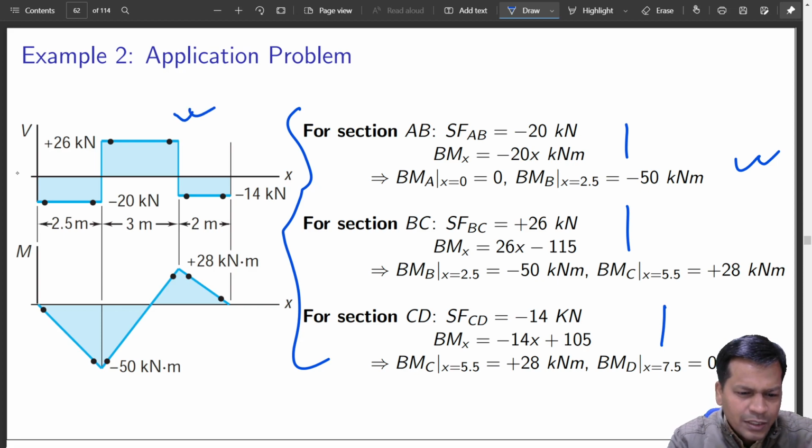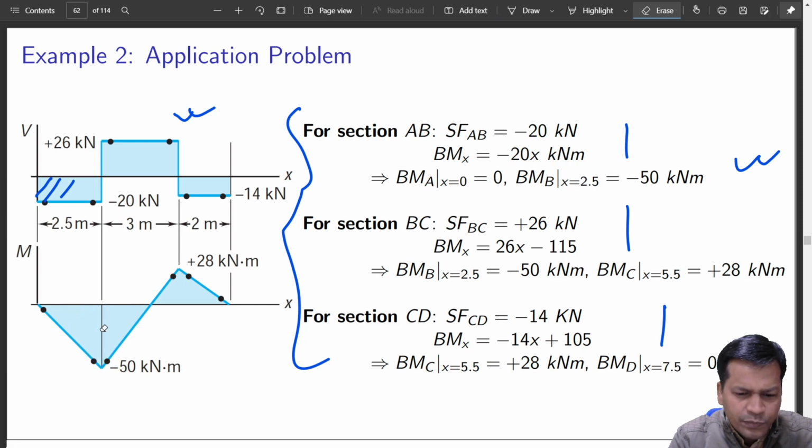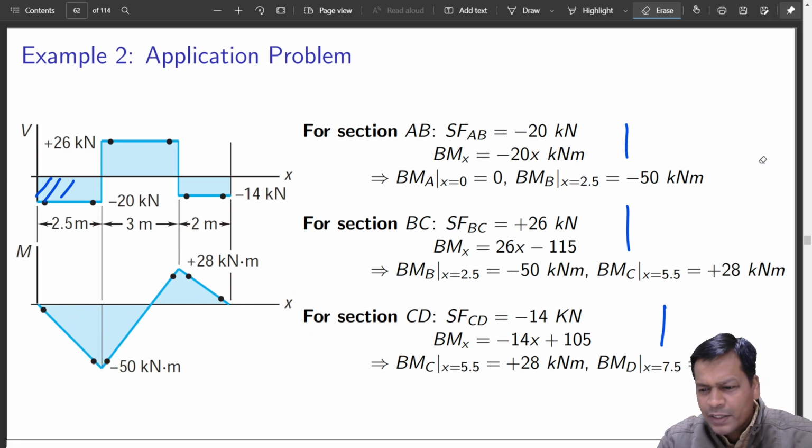So this is the shear force diagram, and this is the bending moment diagram. Again you will see that from here to here it is the area under the curve. If you transfer from here to here, how much is that? It is directly the area under this curve. So this value is exactly the area under that curve. So this is how you will do shear force and bending moment diagrams.